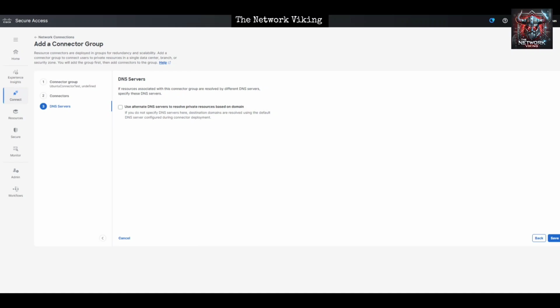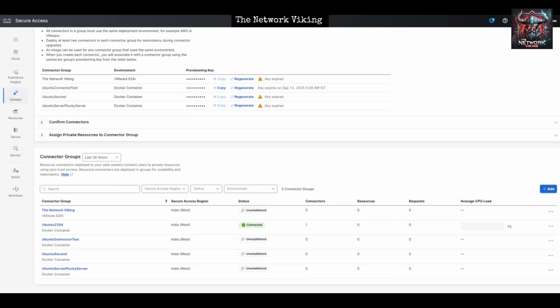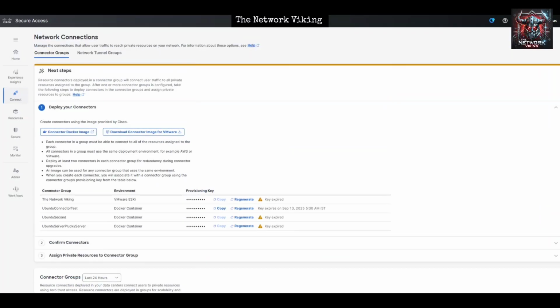Again, I'm going to put that in the description. I'm going to go ahead and say save. Now, once it is saved, the one that we created is this one right here, Ubuntu connector test. And now if you go ahead and click on this option that you see right here, connector download image,